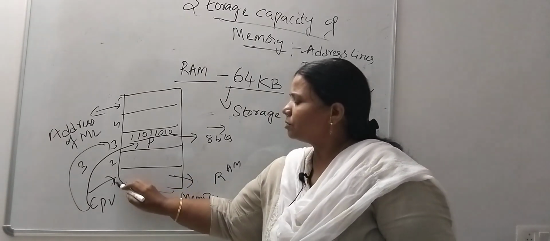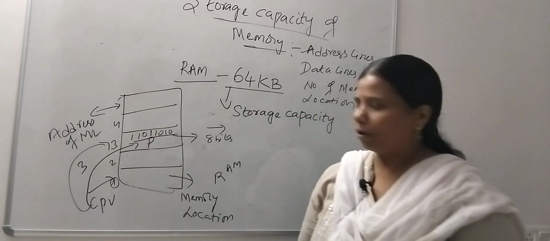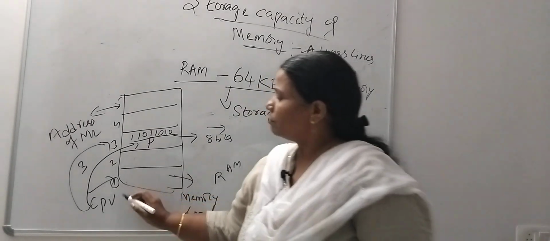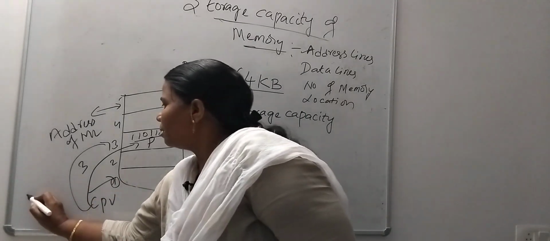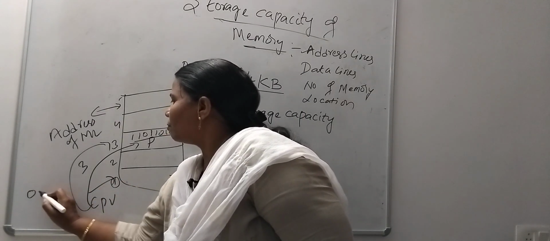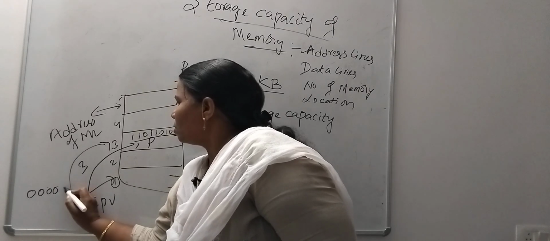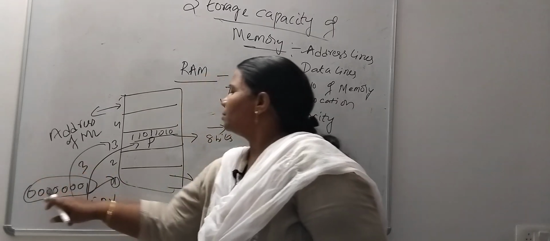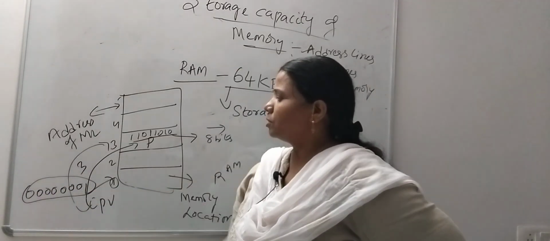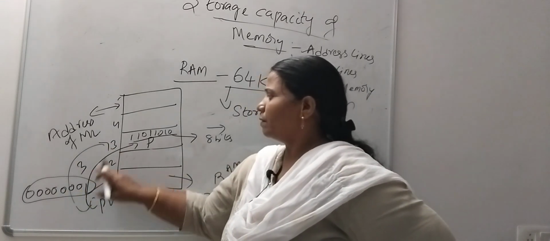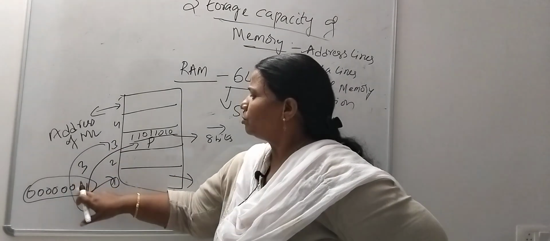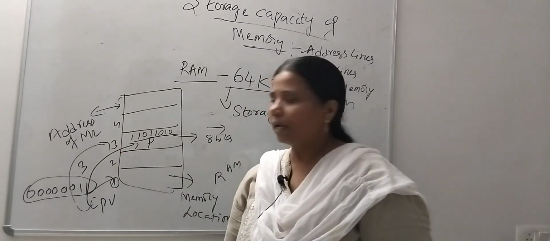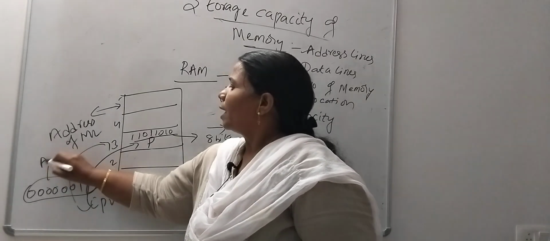What do you mean by address lines? For every location you have the address value. So this address value in the hardware will be stored in the form of binary bits. Think it is stored in the form of 8 binary bits. So for the first location, the address value will be 00000001. So this address value is going to be stored in the form of 4 zeros and 001. If you take 3, what will be the address value? 2 zeros and 1 1. So the bits which are used to store the address value are said to be address bits.